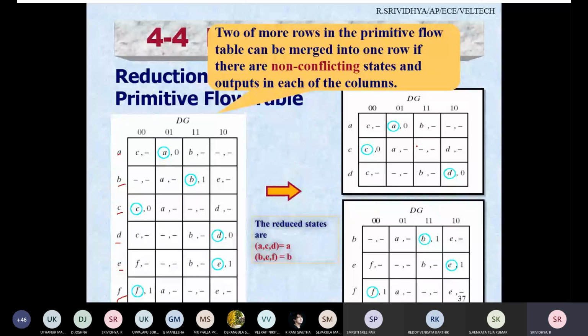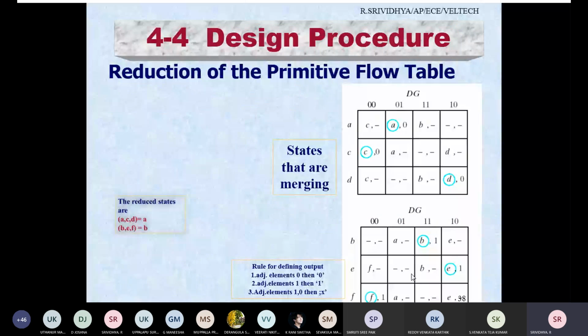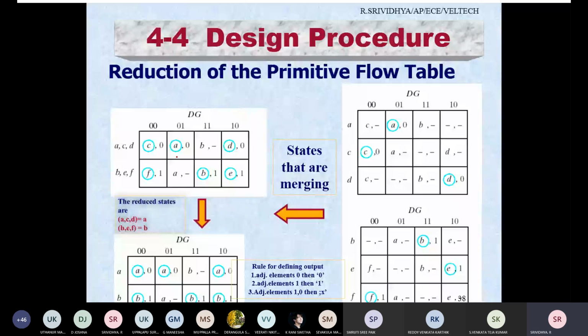Okay, nothing else I'm doing here. After that, I'm going to merge the states. How I'm going to merge the states is very interesting. Now listen here, you have to follow from this side to this side. Now, how I'm going to do that merging is,